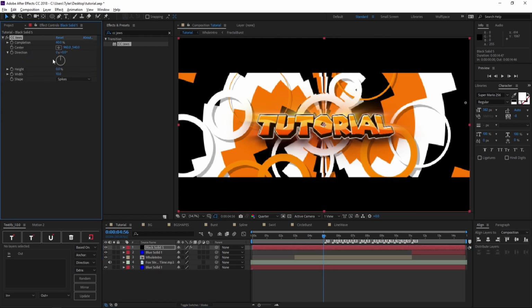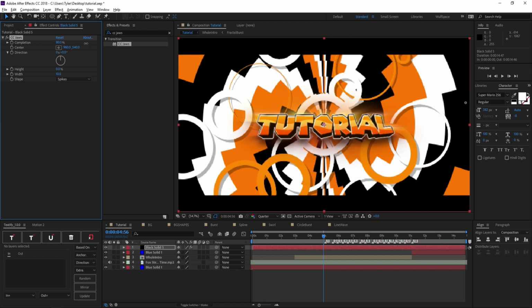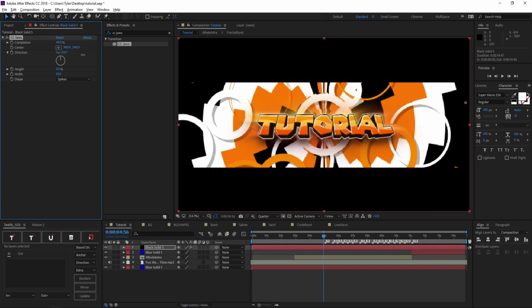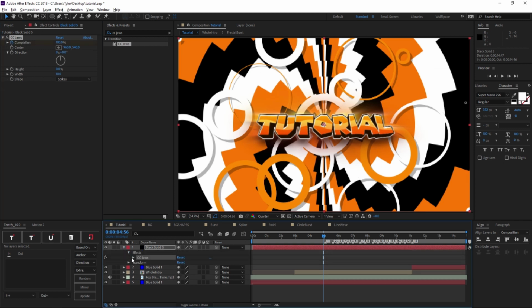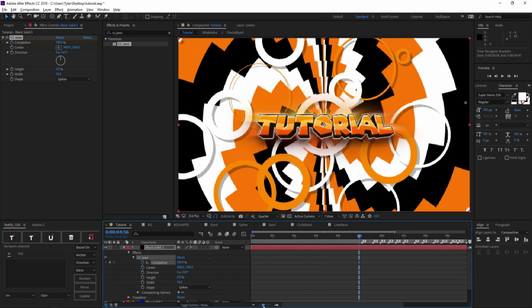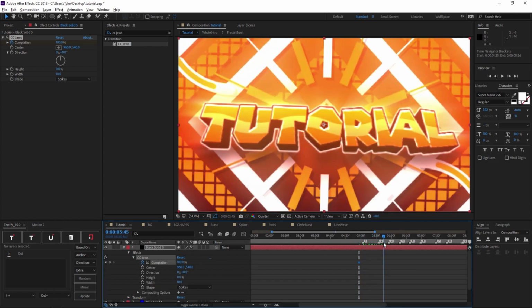So just put the height to 0. So now it looks like a shutter, and you can change the height and it'll look like a proper shutter. So put the completion to 100 for now. And here is where I want the shutter to jump in, so go about 1 second along from where you put that keyframe